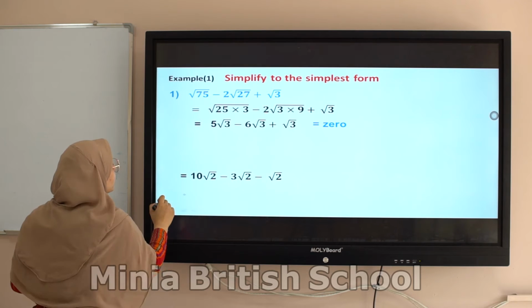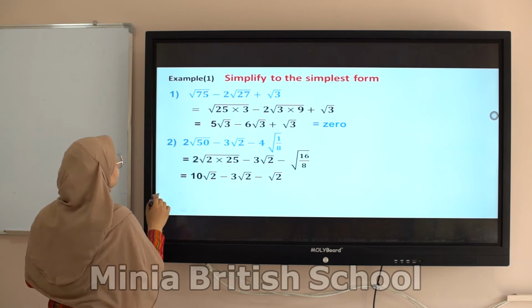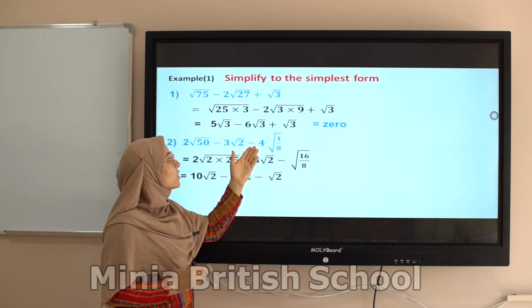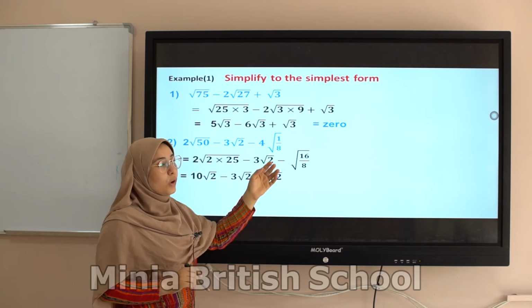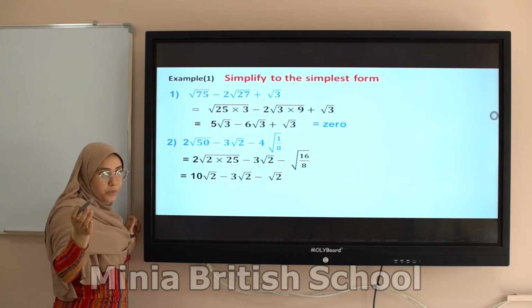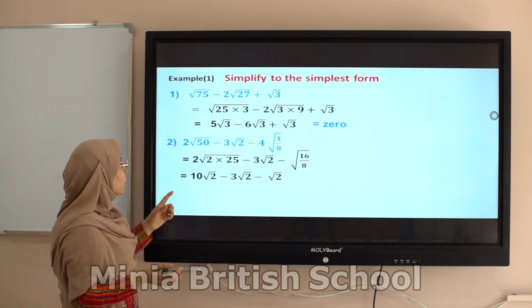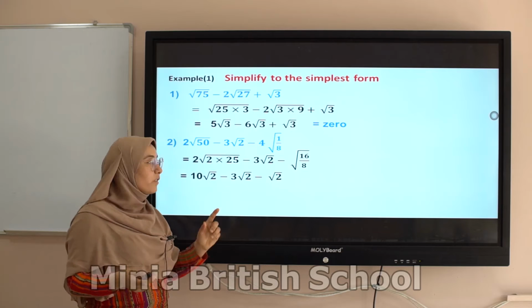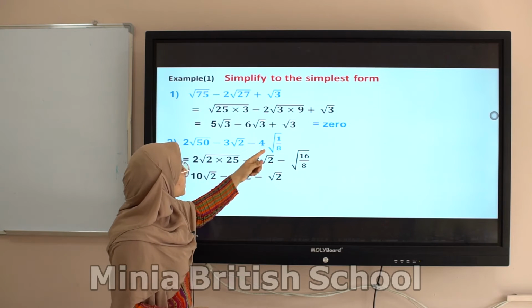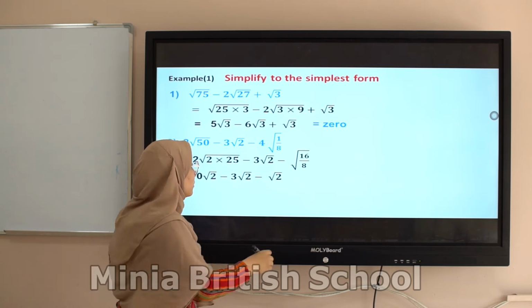Same idea here in this exercise, okay? 2 root 50 minus 3 root 2 minus 4 root 1 over 8. The same idea here, you can factorize 50 into its prime factors. We get 2 times 25 equals 50, okay? Here is this problem. If you